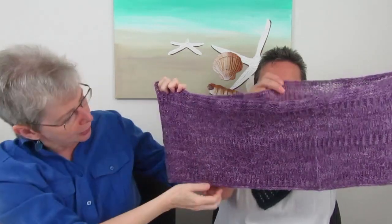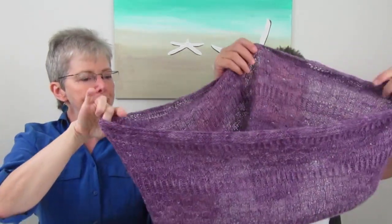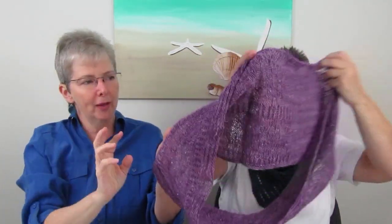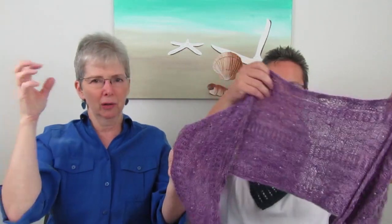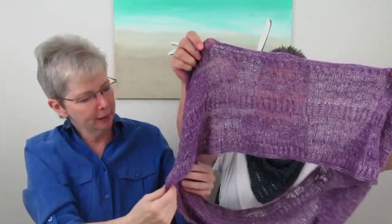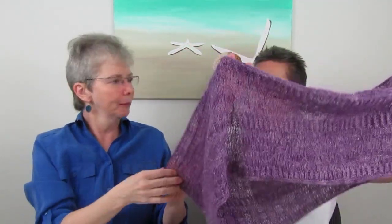I won't say too much, but the way that you start and the way that you finish, they're different. And I really, really like it. And the beads are there, but it's not like this is purple and the beads are orange or something. Right. You know, they blend in. Yes. Exactly. It gives a little bit of bling. Exactly. And you're such a blingy lady